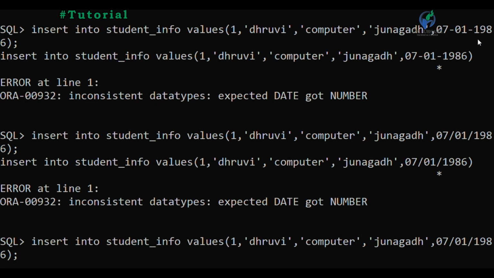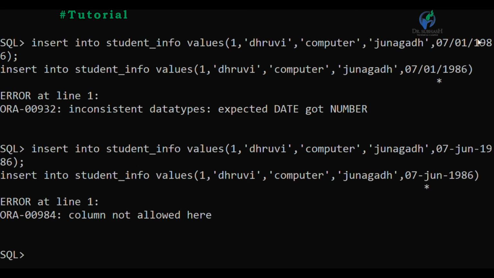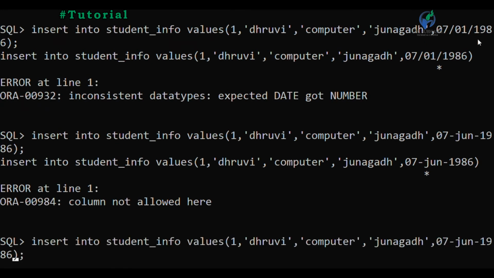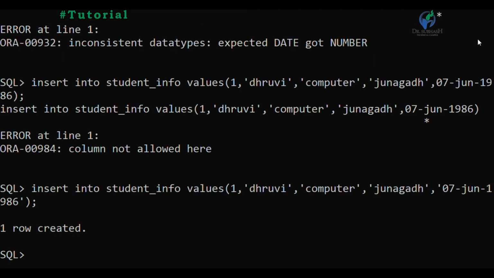So I tried another method, using the date format 7 June 1986. Okay, let us check. Column not allowed here. So, successfully we have inserted one record.